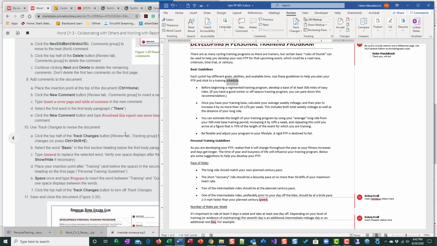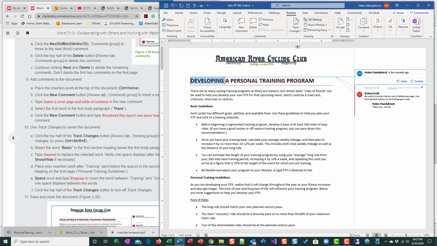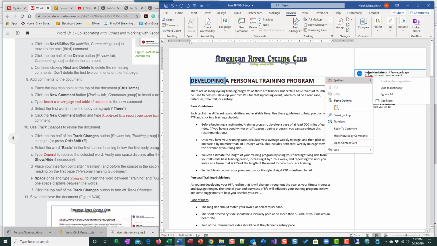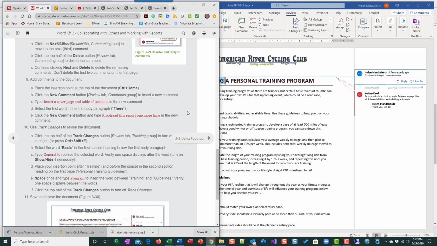So now what we want to do is add comments to the document. So we're going to go back home, Control Home, and we're going to put a new comment in. So we're going to click here, and it's going to say proofread this report. Okay, I can't type. Proofread this report one more time. Let me make sure I got this right. And why do I have this wrong? Proof. I didn't spell that right. All right. So now we have a new comment at the top that just says, hey, remember to proofread this